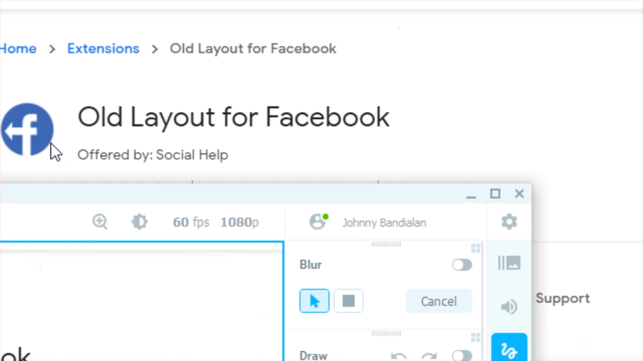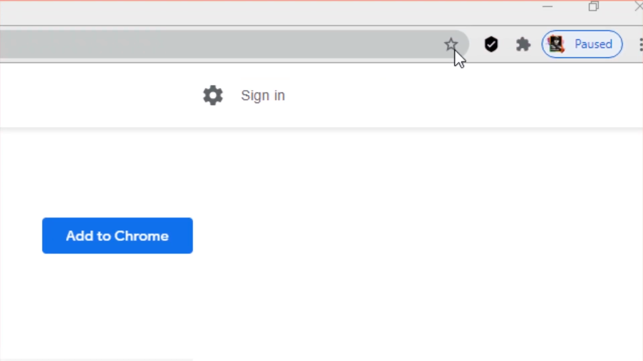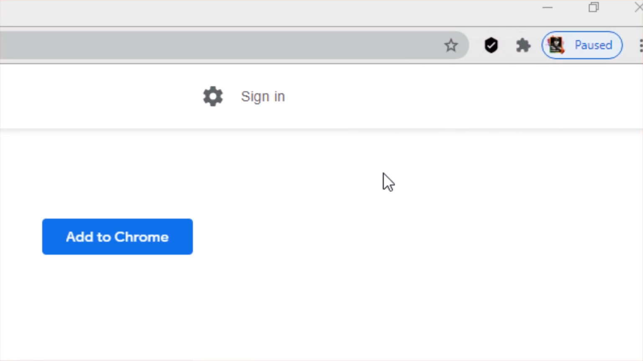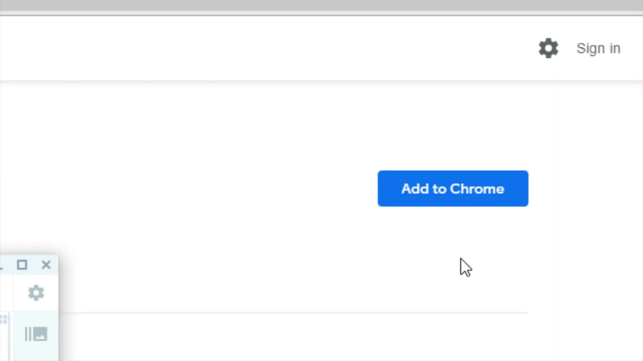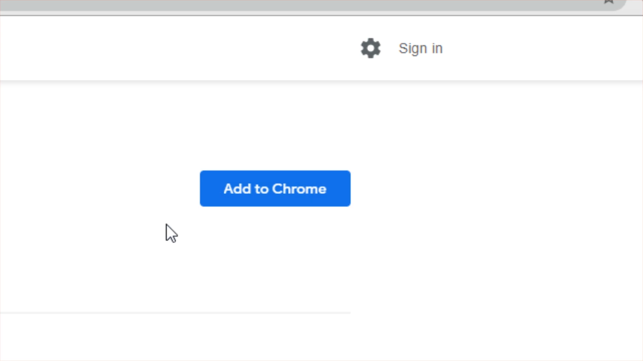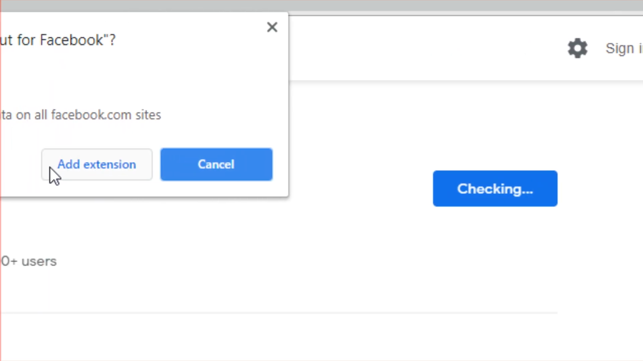Okay, you can click this one, add to Chrome. Old layout for Facebook and then add to Chrome. But just to make sure, you are signed in to your Google account, or Gmail account, in order for you to sync. Okay, click add to Chrome, add extension,